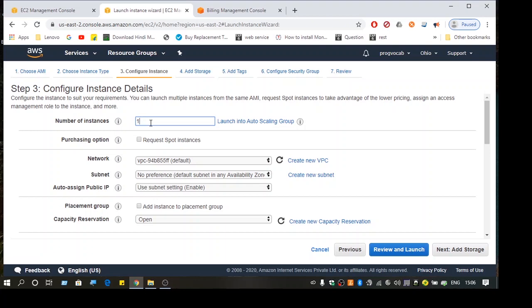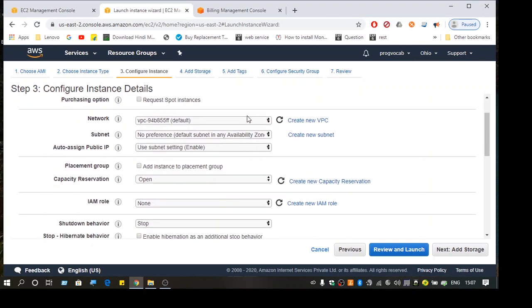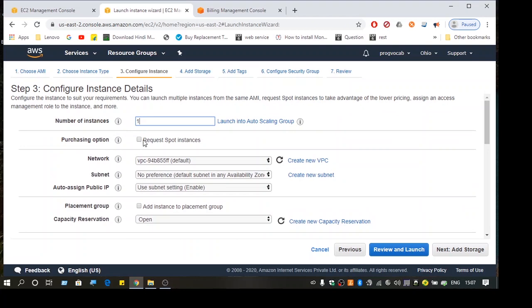A spot instance you can use for testing only or very short duration tasks, because even though spot instances are very cheap compared to on-demand instances, they can be terminated by AWS at any point of time, so you don't have control over the instance.